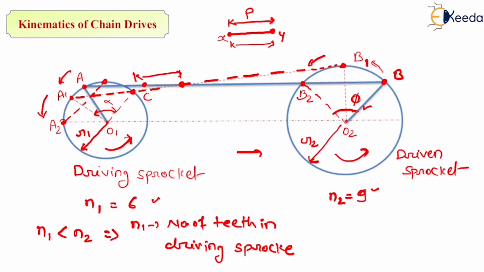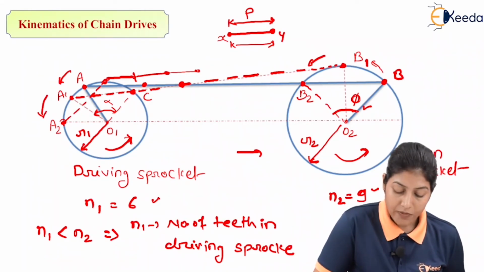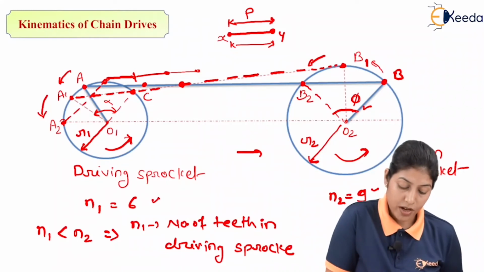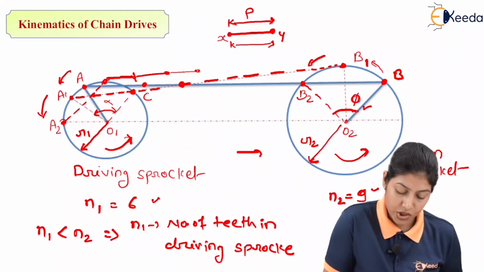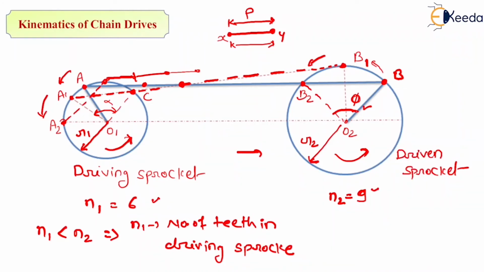In that condition, the further pitches will also move. So for the second condition, the line will not be a straight line. Here we are taking only two positions to determine the kinematics of this chain. During this first change in position from A to A1 and from B to B1, this particular position is representing the 4-bar chain O1, A, B, O2.